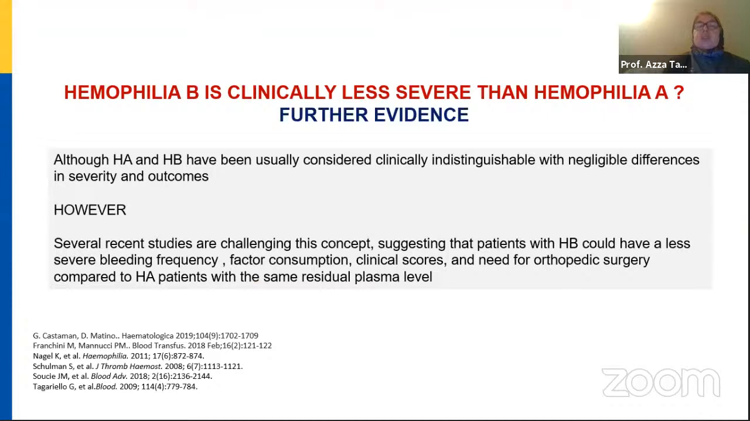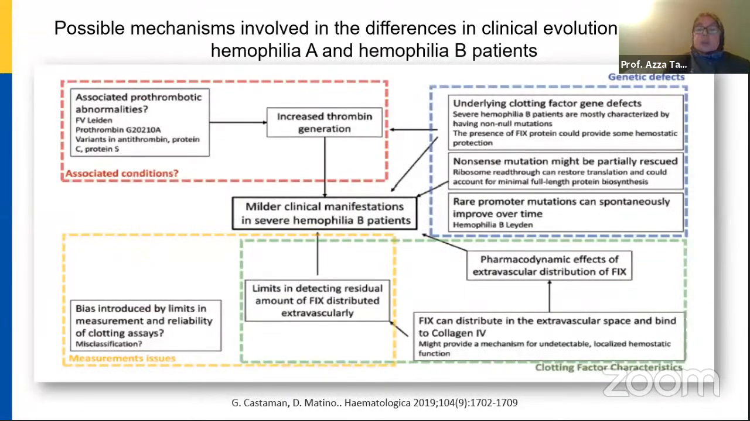The value of this is, as many reports now speak about, hemophilia B is clinically less severe than hemophilia A. Why is it less severe than hemophilia A? They found the concept that patients with hemophilia B have a less severe bleeding frequency, factor consumption, clinical scores, need for orthopedic surgery compared to hemophilia A patients with this same plasma level of the coagulant factor. Why is this present? They did not find a difference in the associated prothrombotic abnormalities, but they found that these